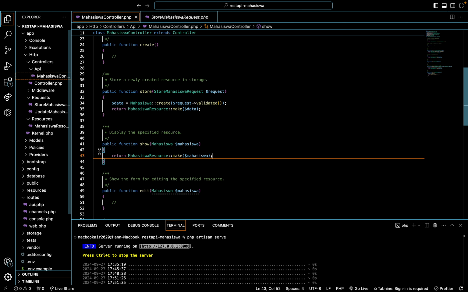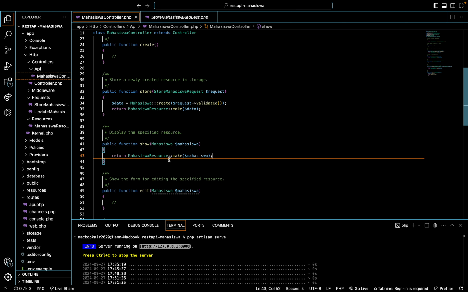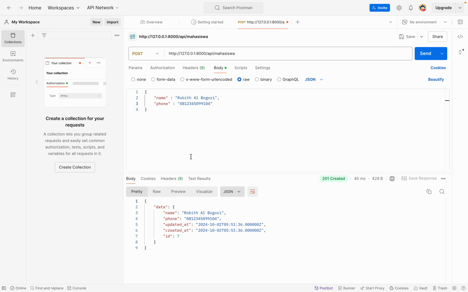We need to write return mahasiswa research make mahasiswa.